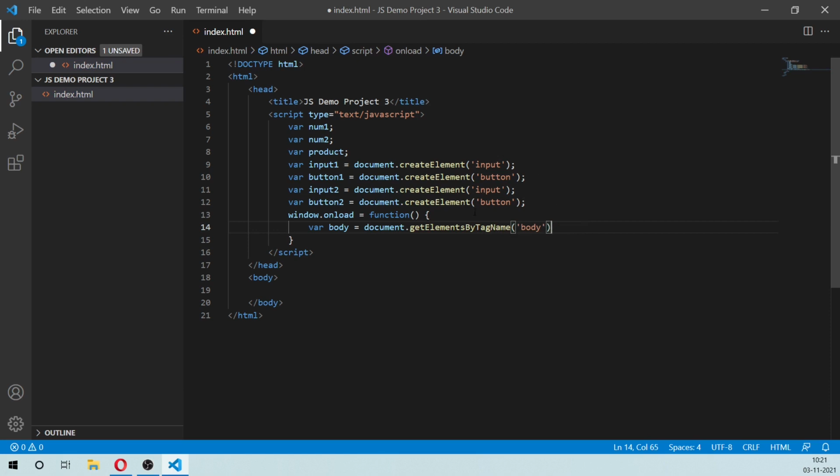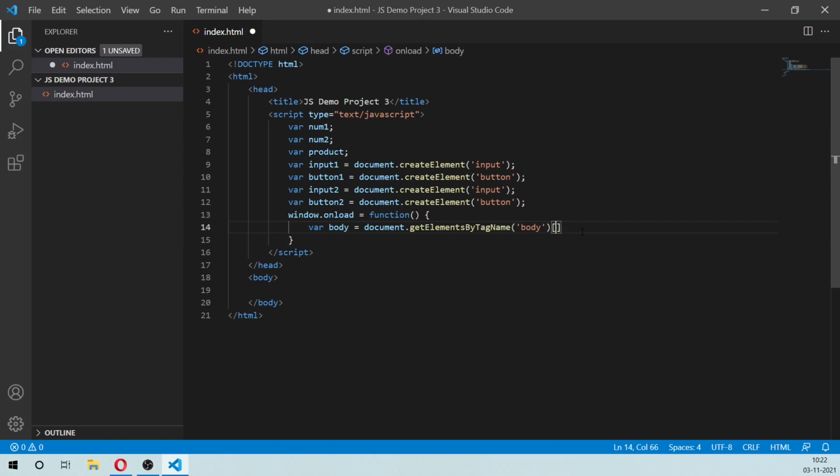And if you notice here, it says getElementsByTagName, which means that it's going to get multiple elements of the same tag name. So you can imagine that if we write document.getElementsByTagName div, a document can have multiple div elements. So it will collect all of the div elements and then present it as an array of those elements. But here we only have one body, and that will be the first element, right? So what we need to do is we need to get the first element of this array. Even if it's only one element, it will still serve it as an array. So we need to extract the item from the array.